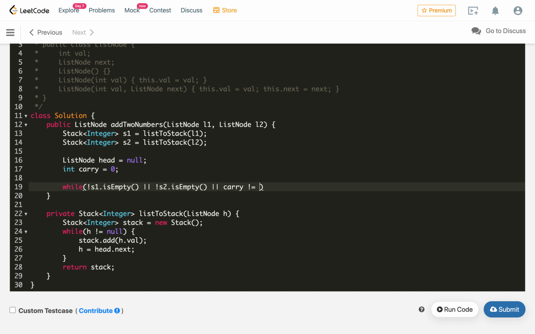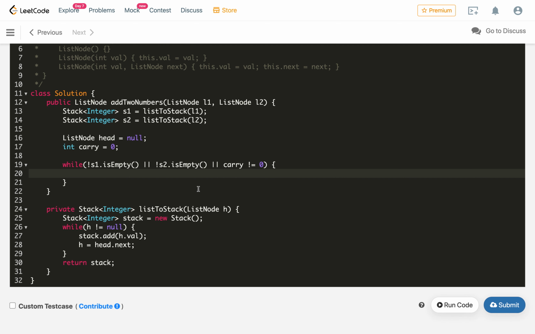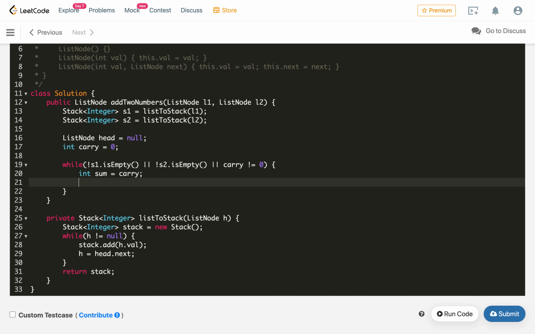If carry is not 0, we need to add a new node with the carry in our result list as well.